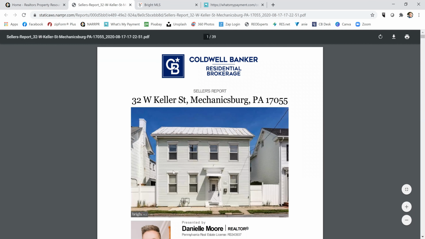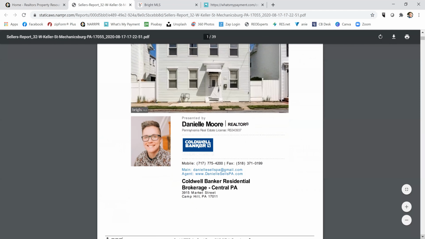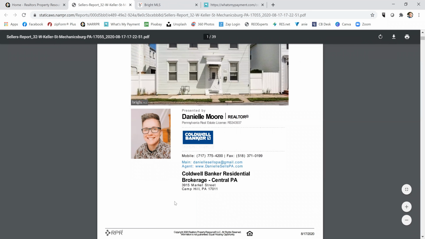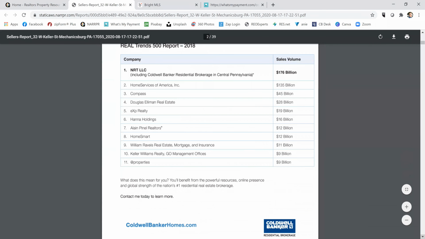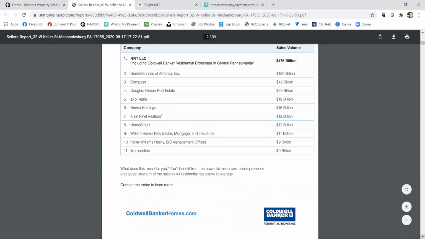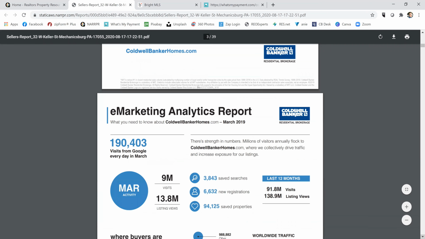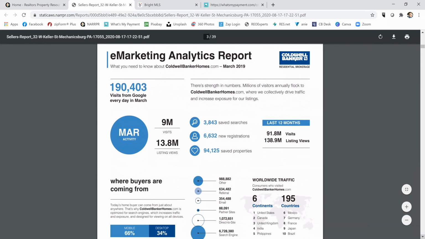And then, like I said, it'll have a picture of the front of the house, your information that you put in when you edit your About Me. So again, email, website, and then the brokerage information. It does look like I need to update the logo there, so I'll go back in and do that. There's just some pages that talk about how we're number one at Coldwell Banker, analytic reports,